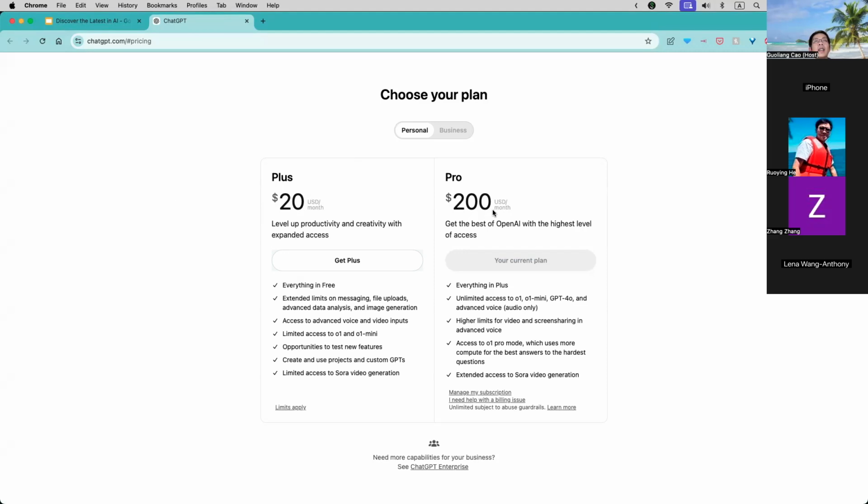I bought the plan just to give it a try for 1 month. In the Pro plan, you get the O1 Mini, unlimited access to O1, and also access to O1 Pro. I don't know whether there is a limit for that, but so far I have not hit that limit.